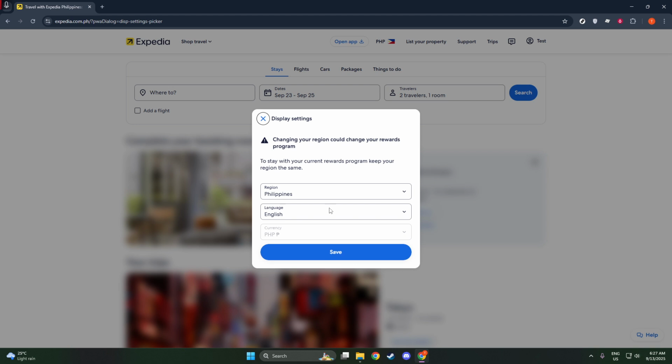With this change complete, you're all set to explore Expedia's offerings in a language you're most at ease with, making your travel planning smoother and more efficient. Remember, if you ever need to switch back to another language or reset the site to its default settings, simply repeat these steps. I hope you found this guide useful, and I invite you to embark on your next travel